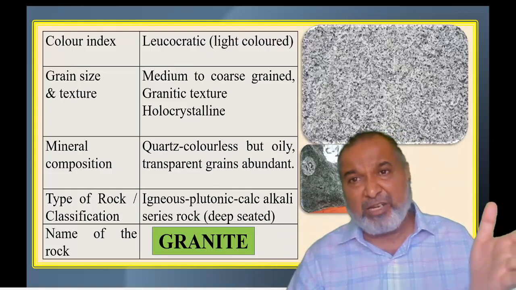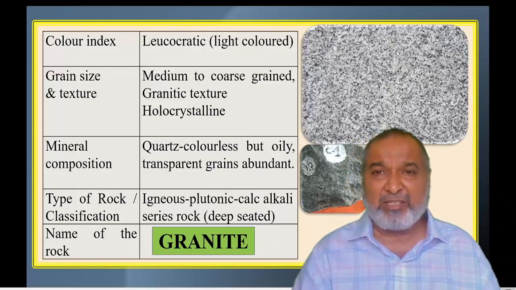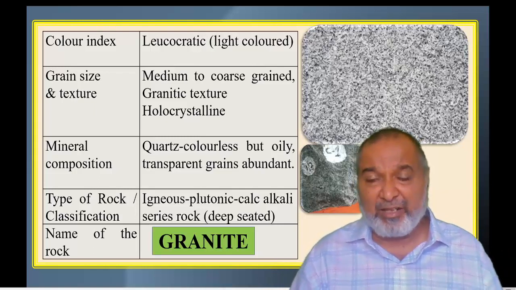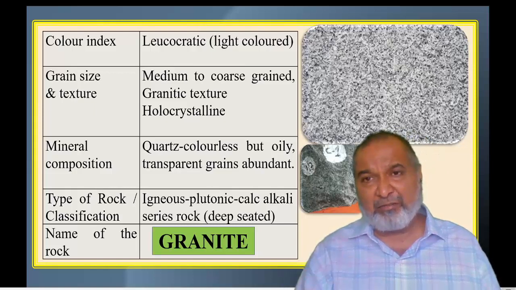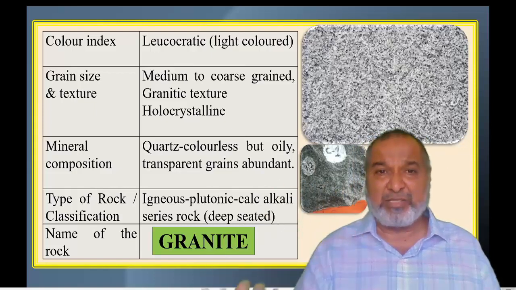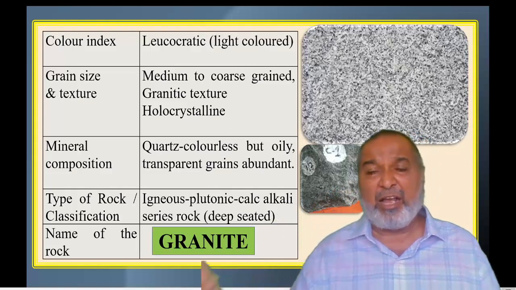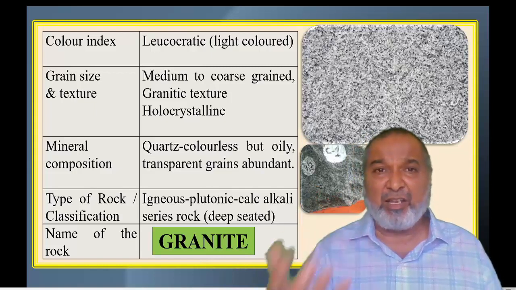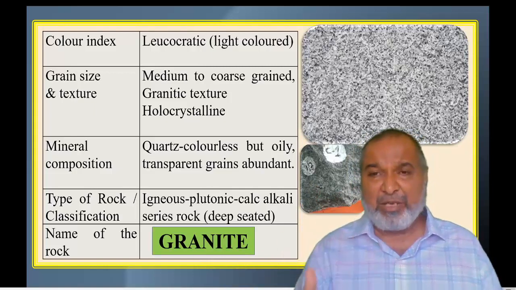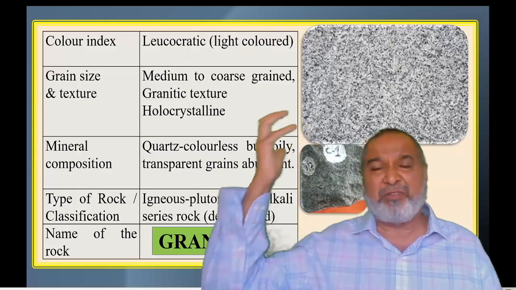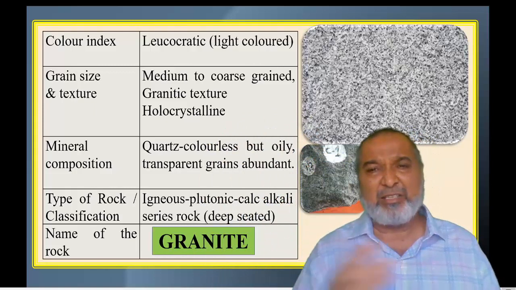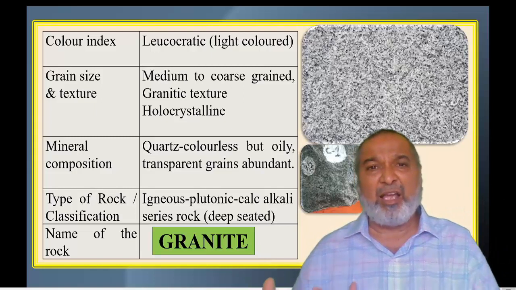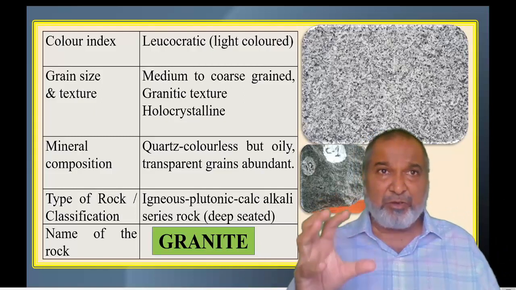When the silica is from 65 to 55, the intermediate color is there. Then we call it the basic color. Then the still darker one is the ultra basic. So we have acidic, basic, and ultra basic. This is the way you are going to identify on the basis of the color: acidic, basic, ultra basic. And if it is still darker, ultramafic, we are going to make out. But these are the three for FY BSc that we'll concentrate on: acidic, basic, and ultra basic. This is clear. This is based on the color.